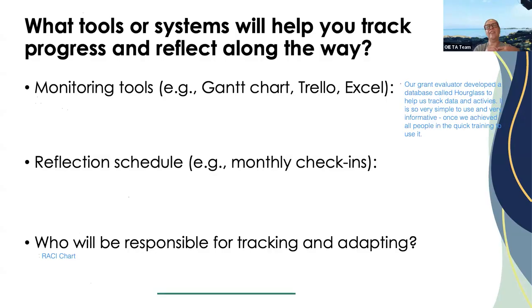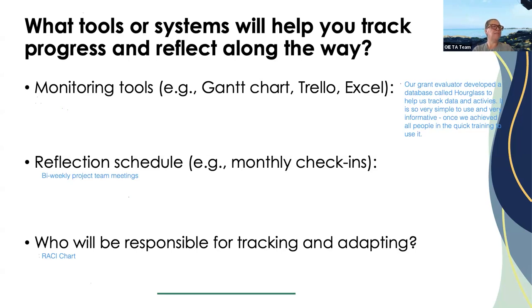Our grant evaluator developed a database called Hourglass. Wow, to help us track data and activities. That's fabulous. Once we achieved all people in the quick training to use it. Awesome. That's awesome. Bi-weekly project team meetings.